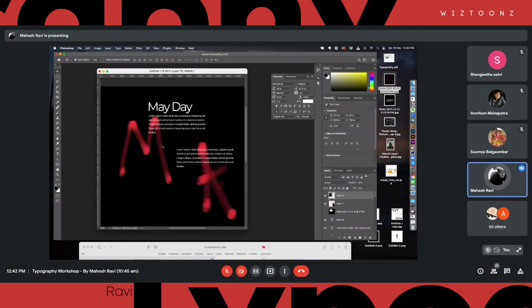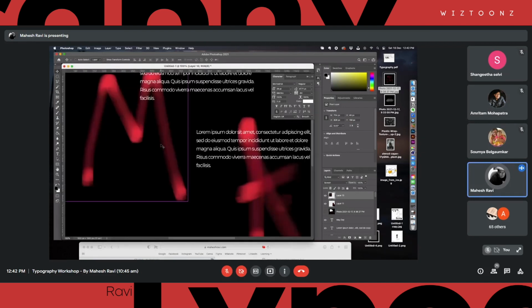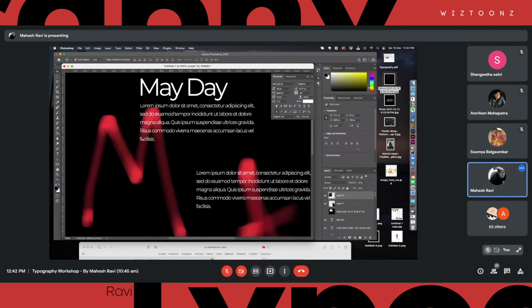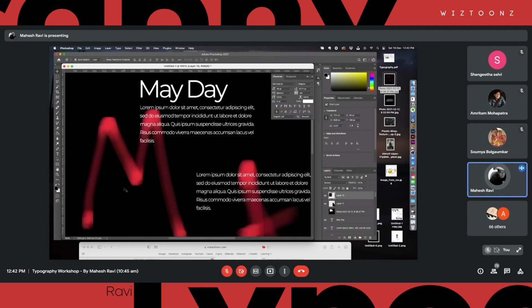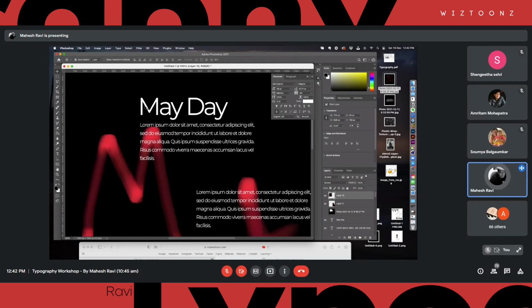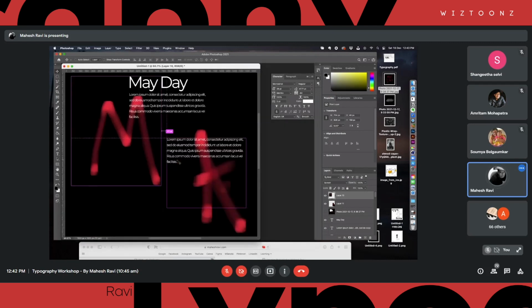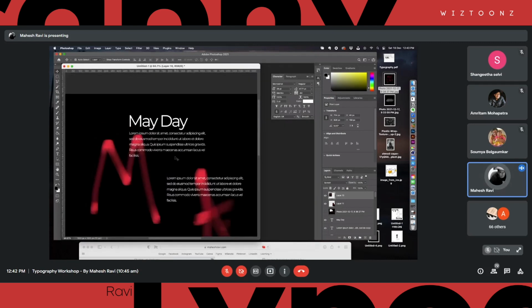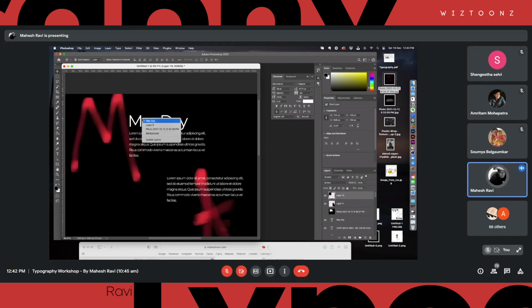It is a background element. It actually has a little bit of character there, if you look closely. This is not something that you can easily digitally replicate. I mean, it's digitally done, but it's not very easy to bring into a design. So this is a very interesting way that you can create that, and you can use this maybe as a background for your titles.